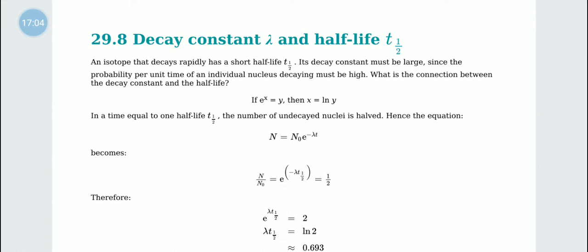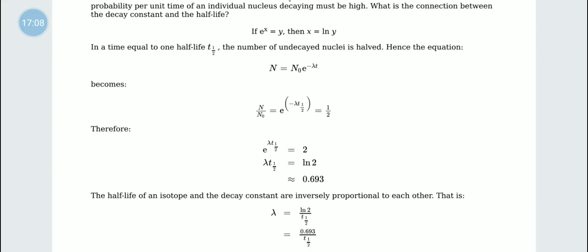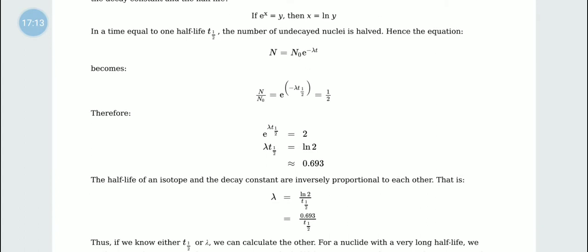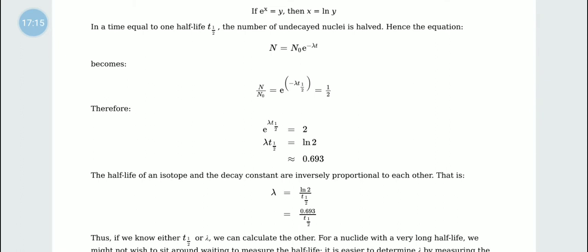So we can obtain the equation N equals N0 e to the power negative lambda t. So now in this particular situation, N upon N0, e to the power negative lambda t half, is going to be half. So you get the mathematical portion here,